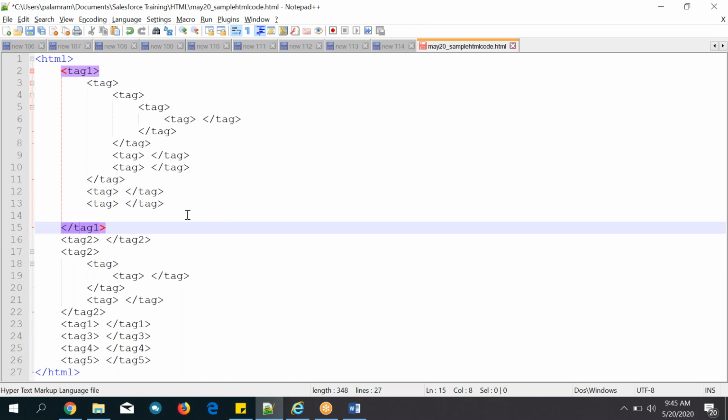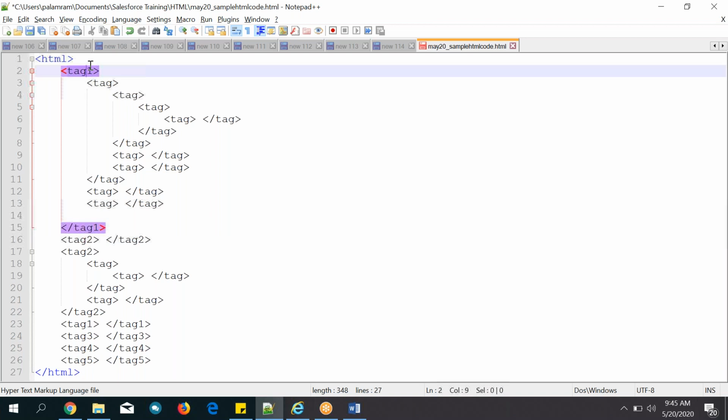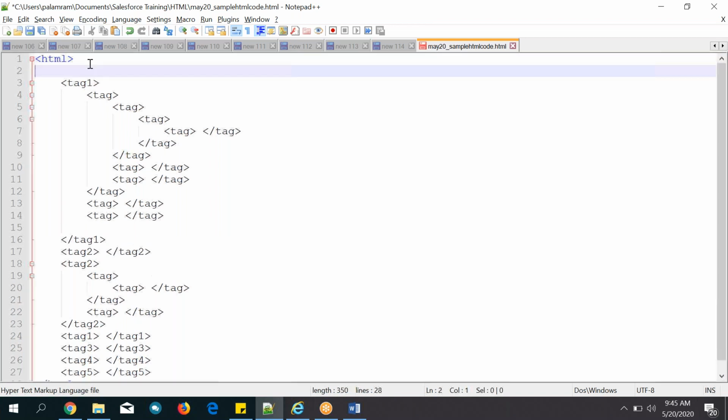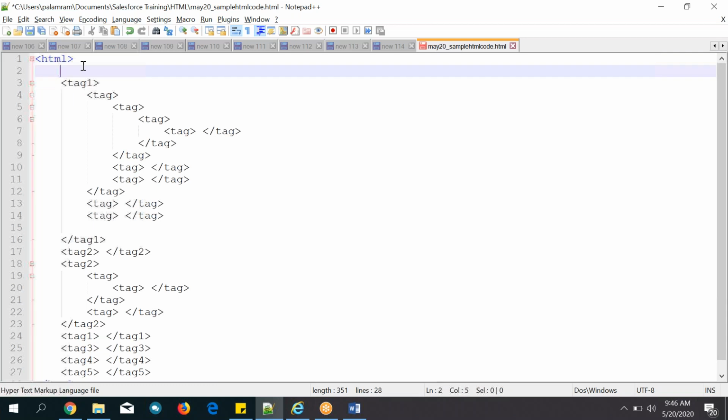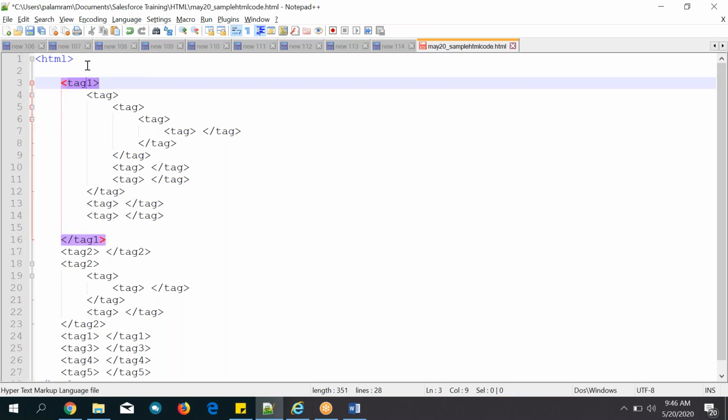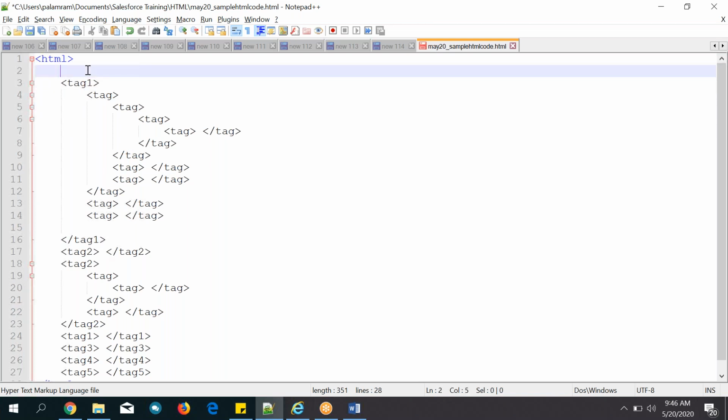And another way of writing the tags. As of now I told you, right? Open it, close it, right? So suppose in some requirements I don't want to close it like this. So is there any other way? Yes, there is another way, like this tag.